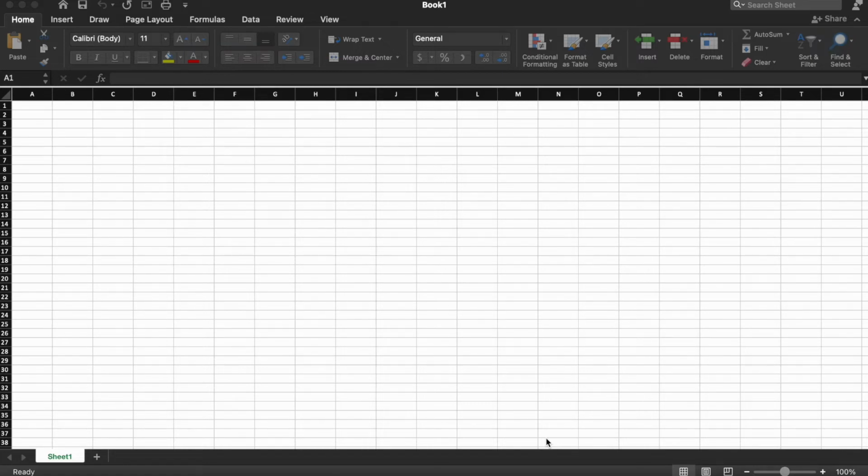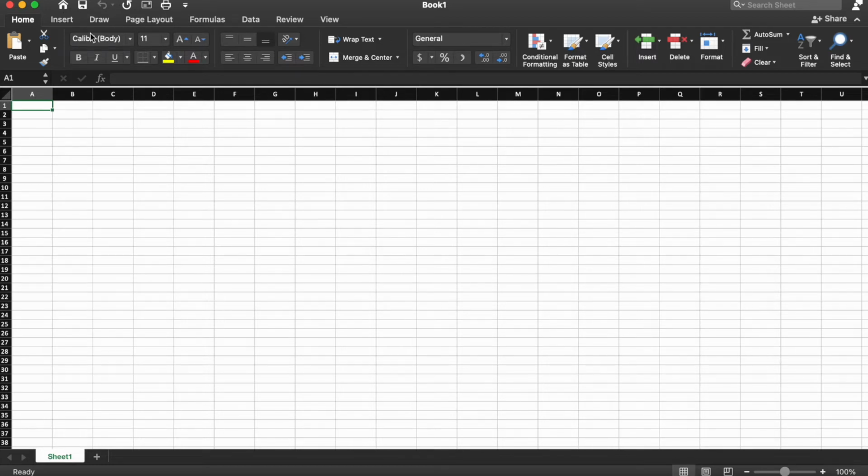Now that we have a little background on the history of spreadsheets and what a spreadsheet is, let's open up Excel and walk through the different portions of the screen. We will be going from top to bottom and left to right, and we'll touch on all the major sections of the Excel interface. So first, in the top left, we have what's called the Quick Access Toolbar.